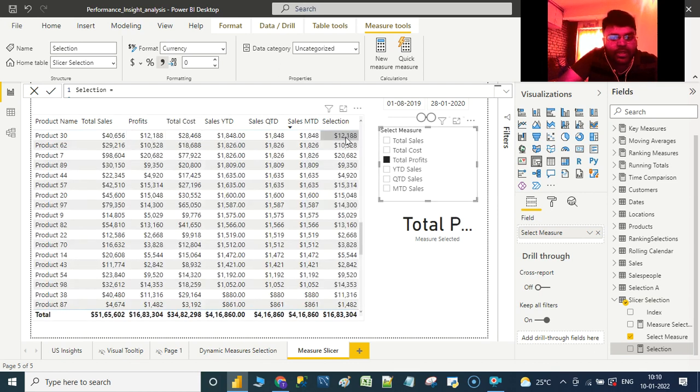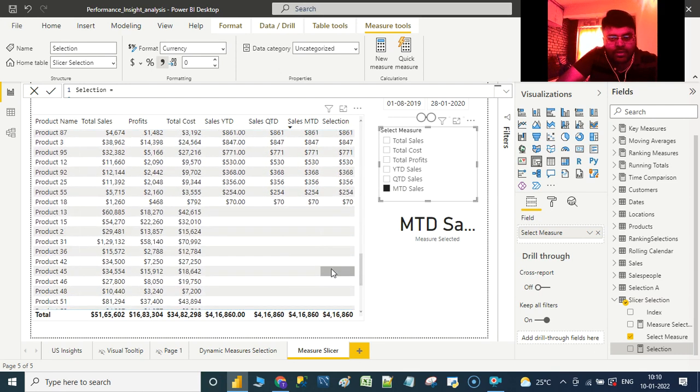And similarly for profits: 12,188, 1,288, 10,528, 10,528. Similarly for YTD sales: 1,848, 1,848, 1,826, 1,826. And we have the same for QTD sales: 1,848, 1,848, 1,826, 1,826. Similarly for MTD sales, we have the same result henceforth. We have it for everything.